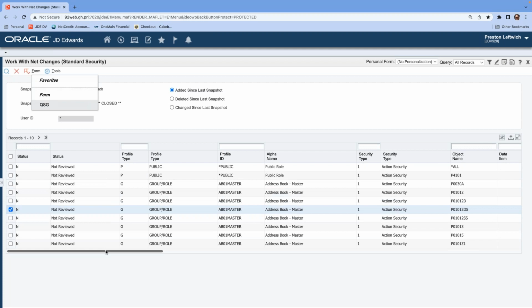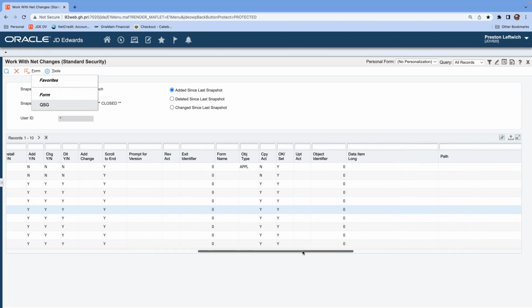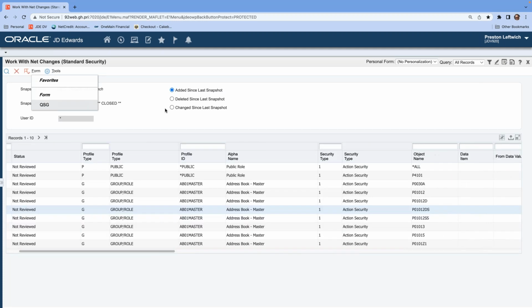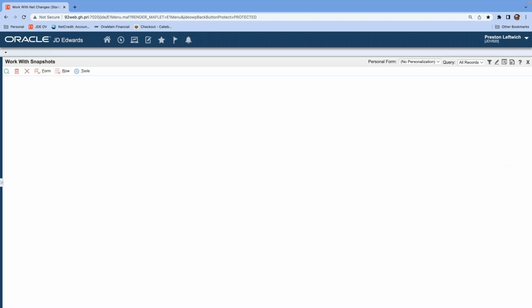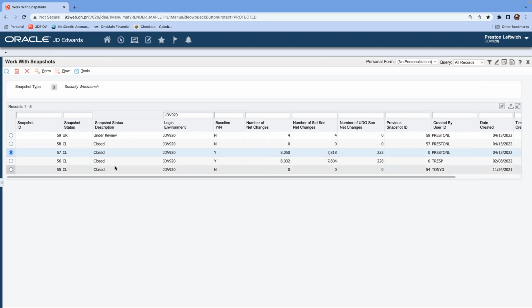And then you can scroll across the data set and see what's changed in the system. Again, added, changed, deleted, so that it's very clear in your review of the data what's happened. You also can tell that it's been approved or skipped or simply never looked at to begin with. So that overview of what's happened in the past helps you perpetuate getting efficiencies down within your user groups, so